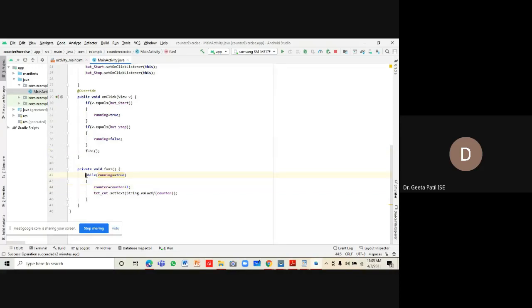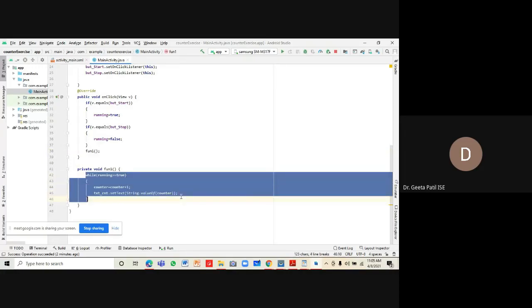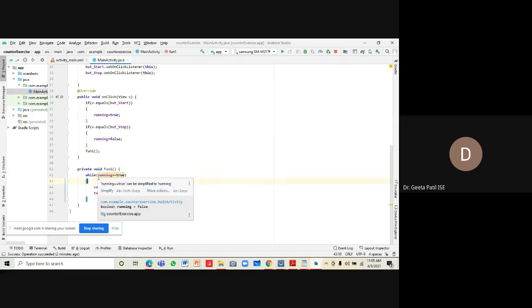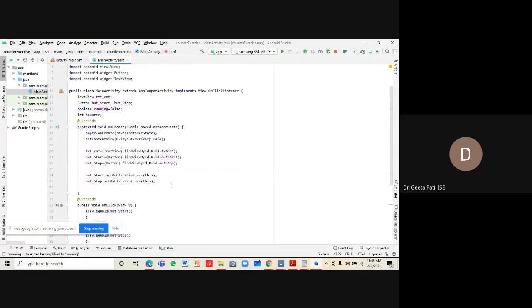So control goes to this fun1. This loop is getting executed while running is equal to true. Control is given to the fun1 method. When will the control go back? Only when your condition is false. And in your main UI thread we have the other button, the stop button, but the control will never come back to listen to what is happening on other views of your application.